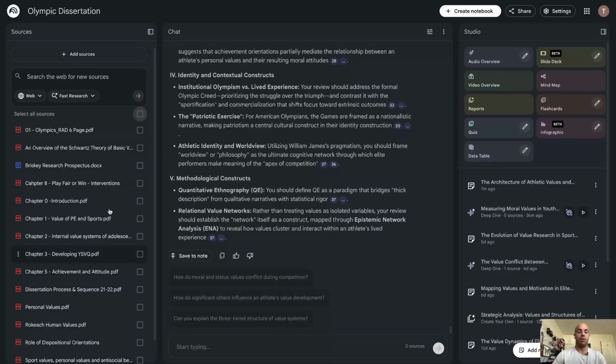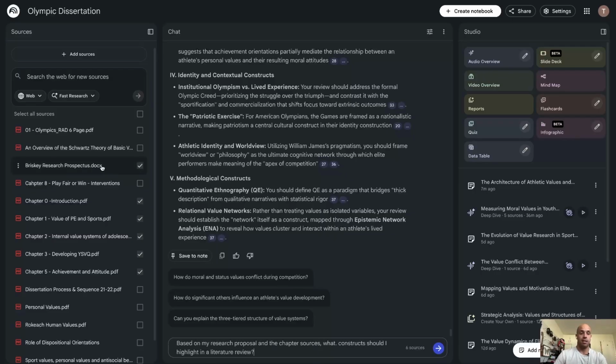I've unchecked all of the sources on the left, and I'm going to highlight my research proposal in chapters 0 through about 5 of one of the textbooks I'm reading from. And all I'm going to ask it is, for starters, let's say I'm getting started on this project and, where do I even start? So the first thing I'm going to ask it, I said, based on my research proposal,